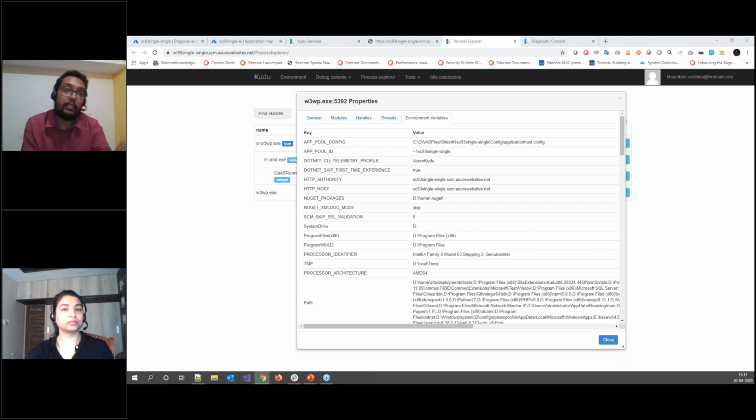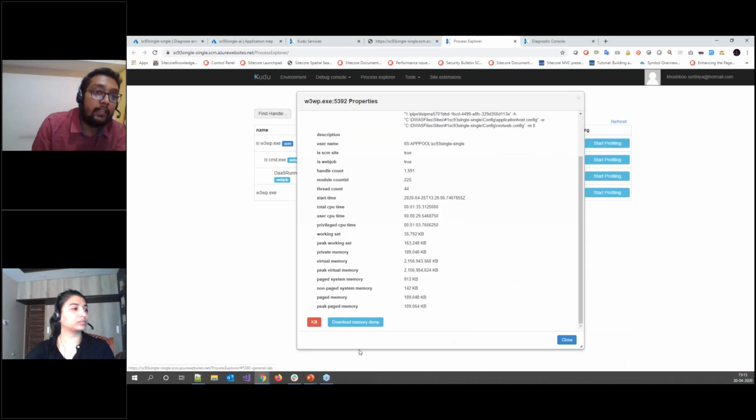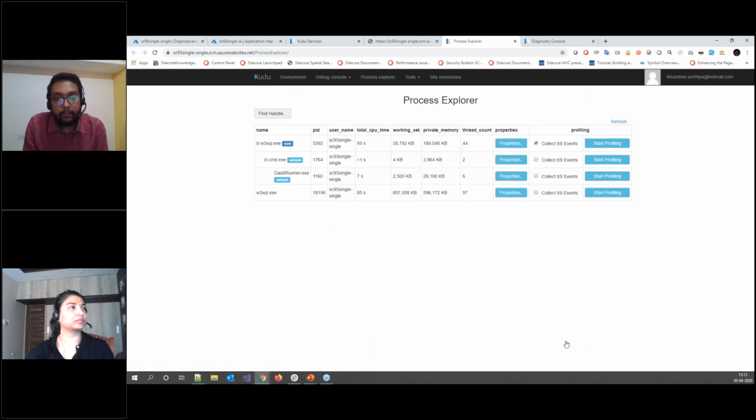Now if we move back to the general section and scroll down to the bottom, there is an option for killing this process and also downloading a memory dump. So we can kill the process and download the memory dump from here itself. These facilities are provided in the Process Explorer.